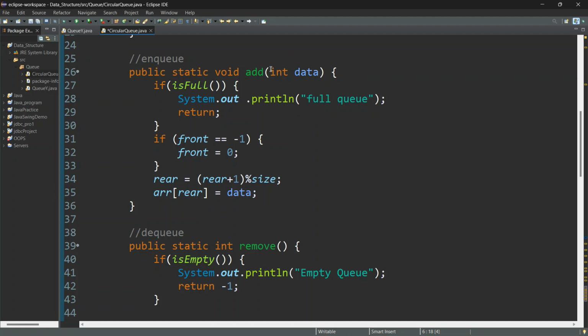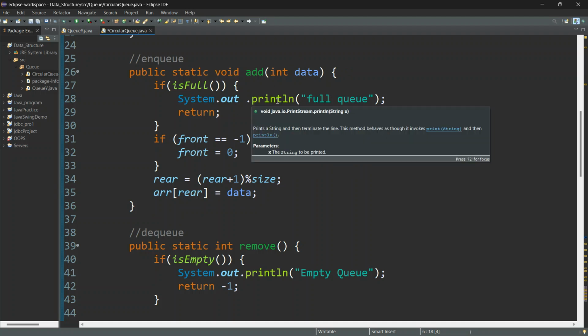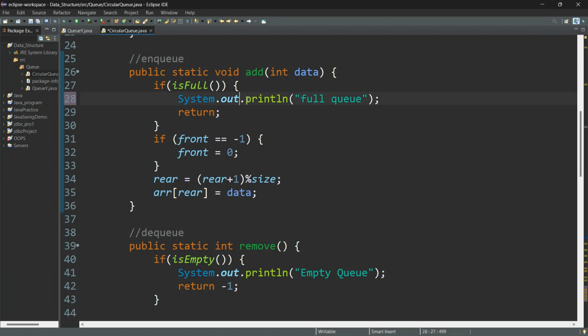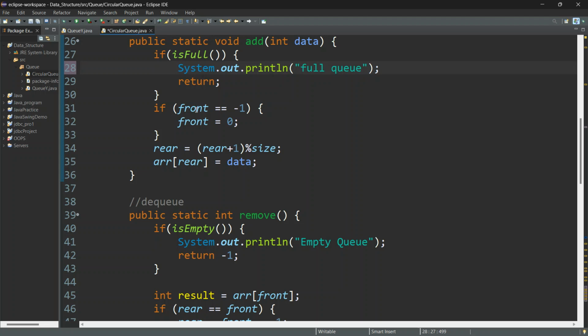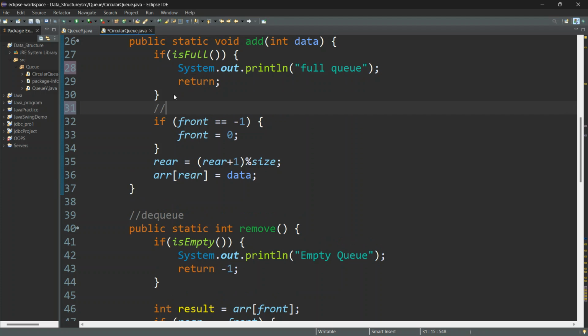So if I want to add, in the very first step I have to check if my queue is full or not. If my queue is full, then I just have to print one message like "queue is full" and return. And this is for the first element, for the